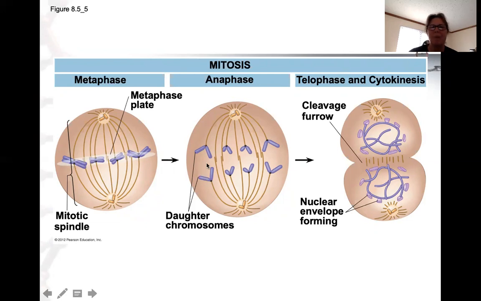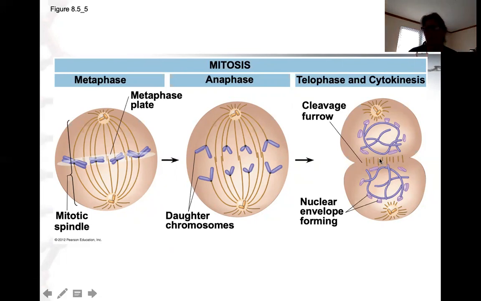And then anaphase, we're going to pull those sisters apart. So always remember anaphase, apart, AA, anaphase apart. So we're going to split those sisters. They're going to be attached to these spindle fibers, and those spindle fibers are going to pull the sisters apart and break that duplicated chromosome here. Duplicated meaning it's got two copies. We're going to split our copies up, and then we're going to pinch in the middle of an animal cell here, and then we are going to